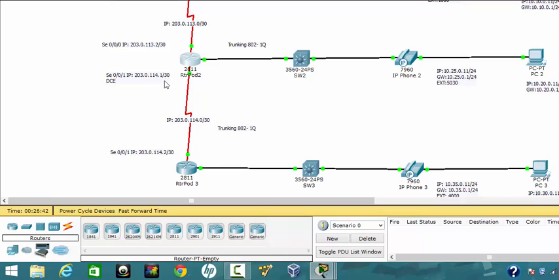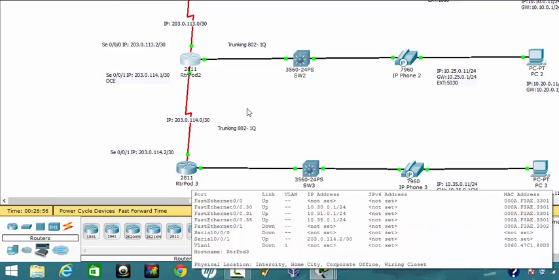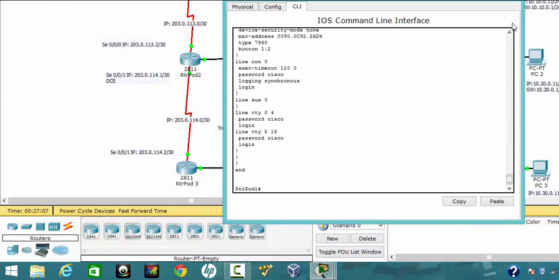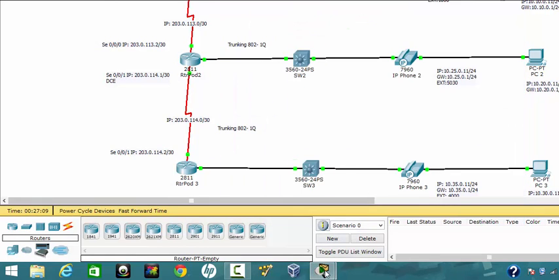Also, we need to configure the second serial port 0/0/1 to 203.0.114.1/30 to connect to router port number 3. In the trunking, this is going to be a trunking port, 802.1Q trunking. So first of all, we need to configure the